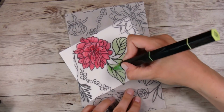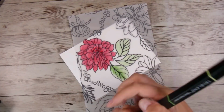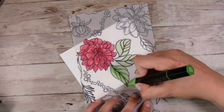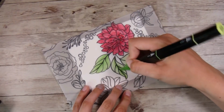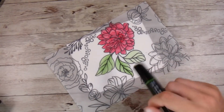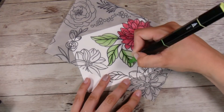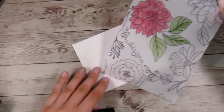With these leaves, I just did a medium colour on the whole leaf, and then slightly darker down the middle, and then a tiny little bit of blending. But as I said, you can hardly notice, so it's up to you whether you want to take the time to do it or not. Now, I did briefly mention before that these are 14 by 21 centimeter pieces of vellum,